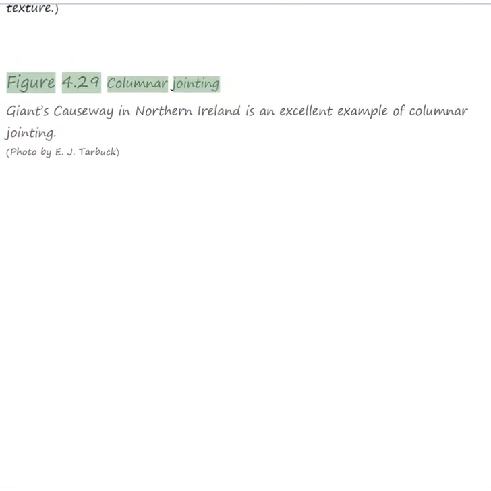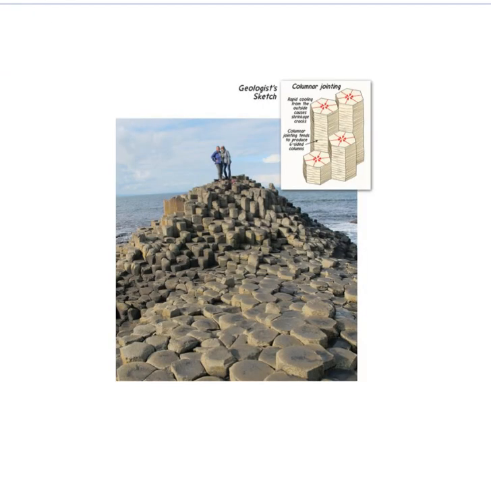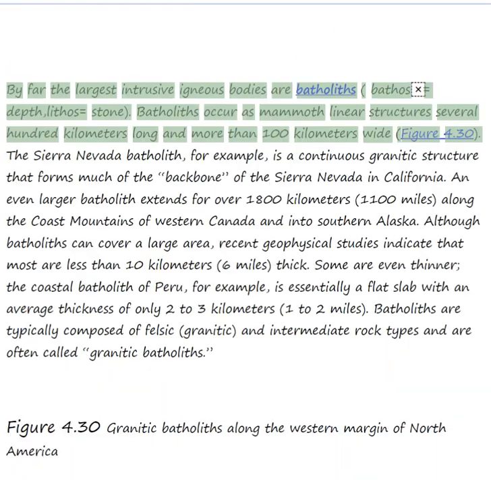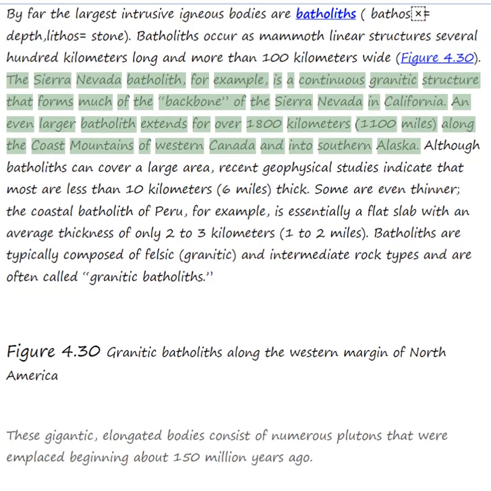Figure 4.29 Columnar jointing. Massive intrusive bodies, batholiths, stalks, and laccoliths. Batholiths and stalks. By far the largest intrusive igneous bodies are batholiths. Batholiths occur as mammoth linear structures several hundred kilometers long and more than 100 kilometers wide. The Sierra Nevada batholith, for example, is a continuous granitic structure that forms much of the backbone of the Sierra Nevada in California. An even larger batholith extends for over 1,800 kilometers along the coast mountains of western Canada and